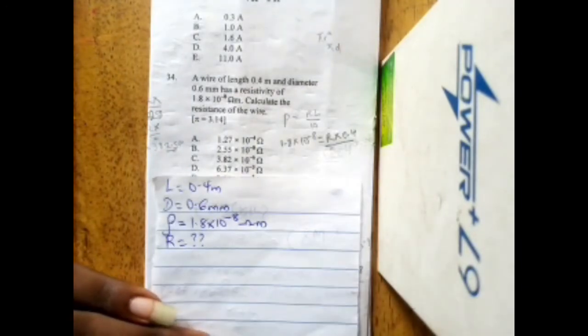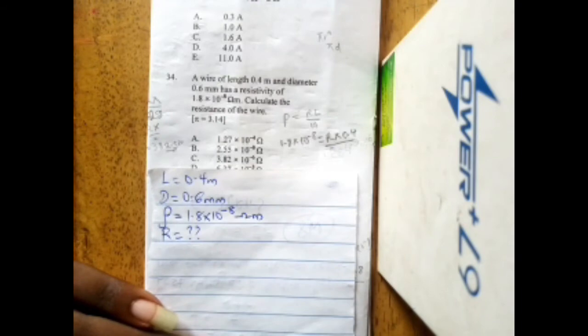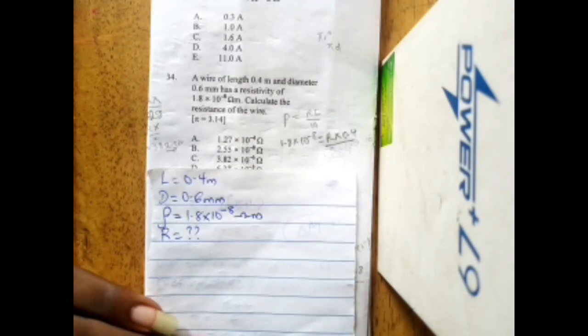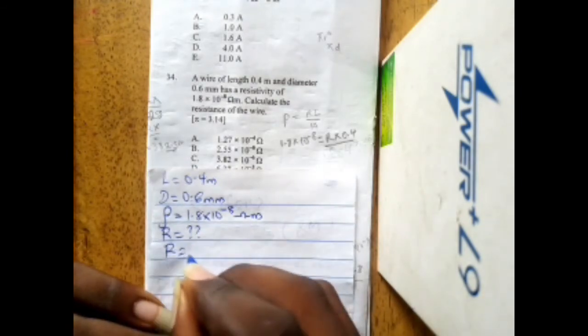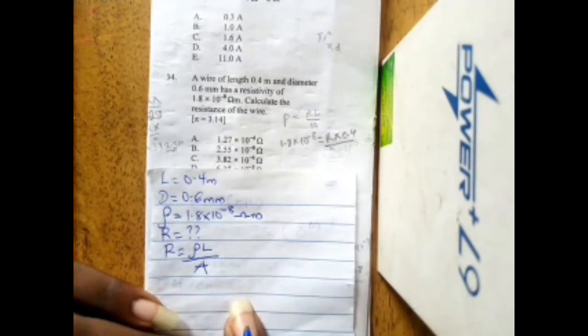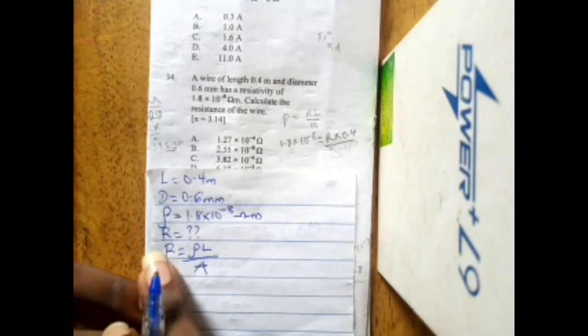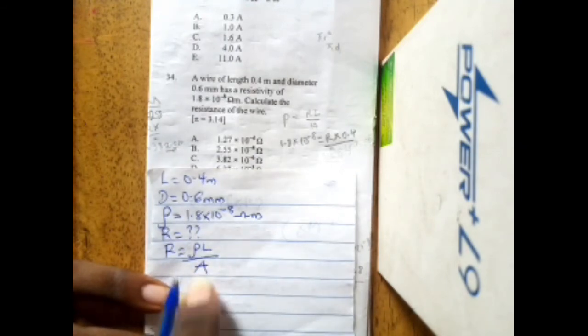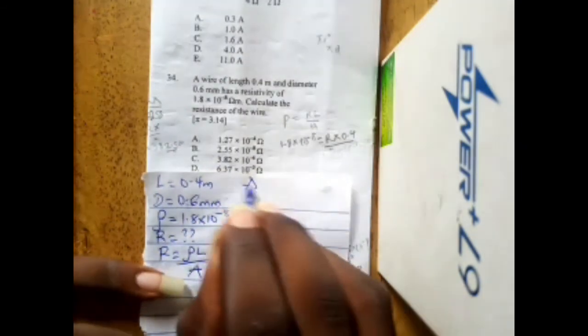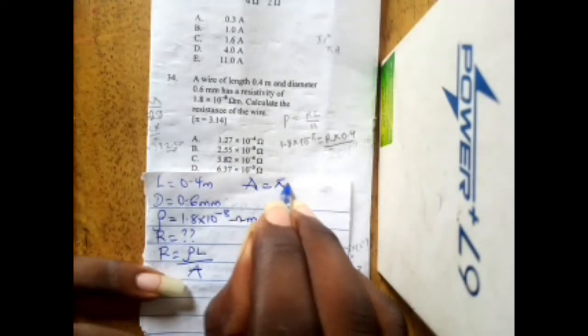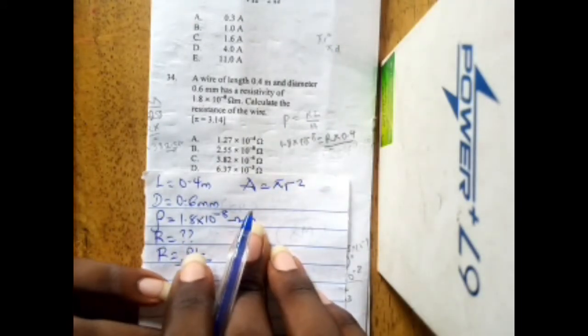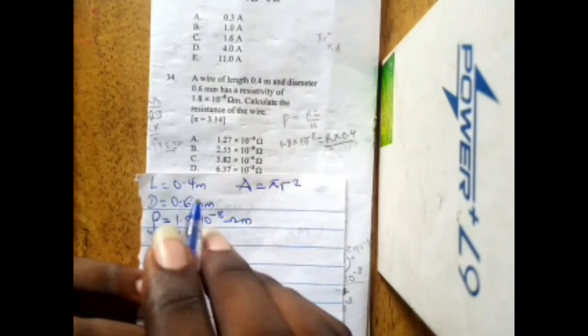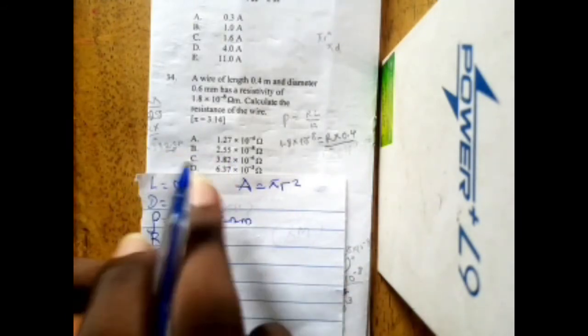I want us to recall resistivity is the resistance per unit length per unit cross-sectional area of the material concerned. So R is equal to ρL over A, from the formulas which I gave us. Now I have to find the resistance of the wire. We have the resistivity, we have the length, you need to find the area. And recall that the area is equal to πr², area of the circle,